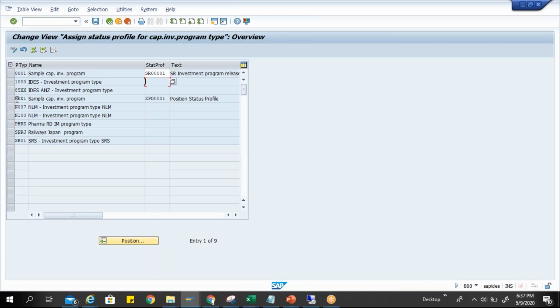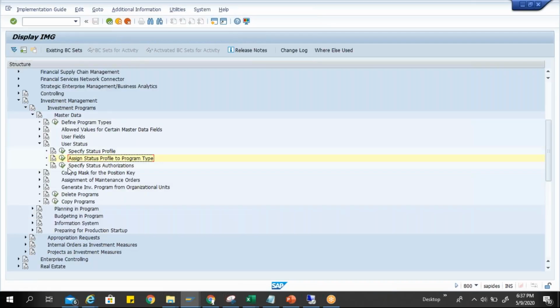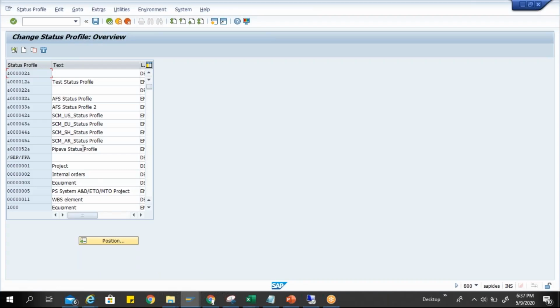So in the previous session, I explained how you can create a status profile and how you can assign it to your program type. We have assigned this status profile here, and now you can see this is also uneditable. We only have the option to change the status profile here for the simple capital investment program type. And when we are looking into the status profile, you can check it here. Go to specified status profile,